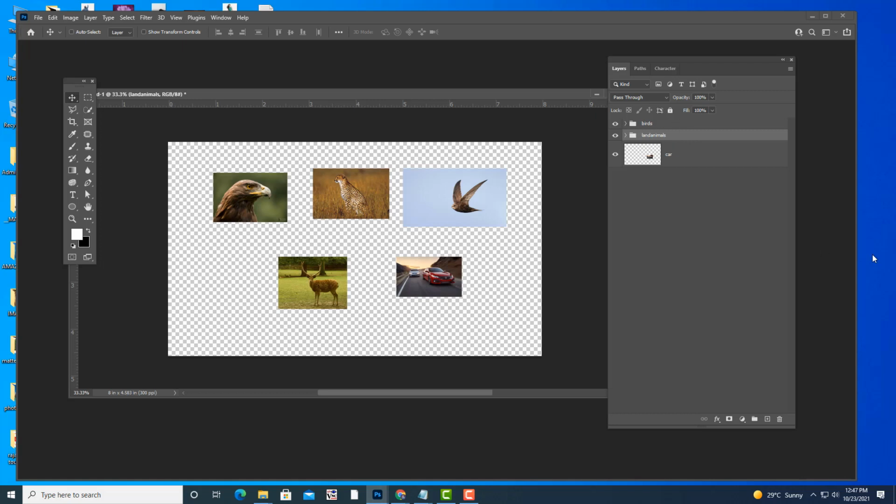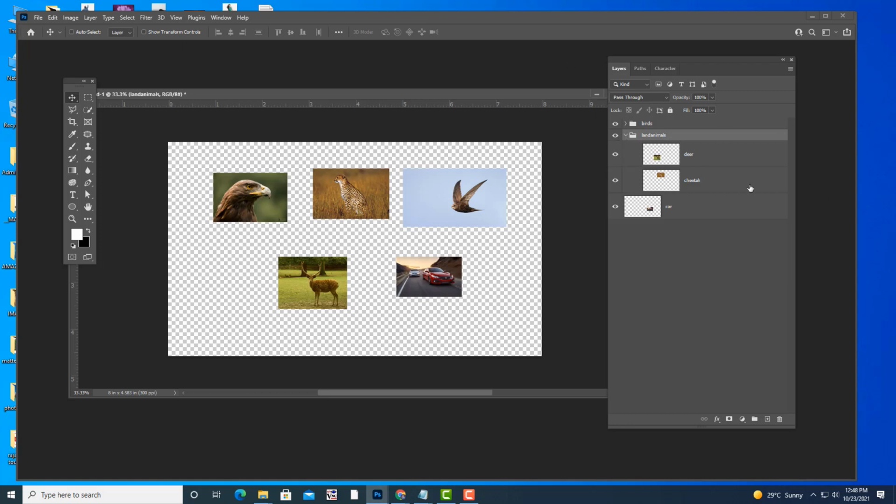See, like this if you organize, it will be very easy. And where are all the images? If you collapse this group, see, now you can see all the images. See, you can also create subgroups. So what is a subgroup actually?